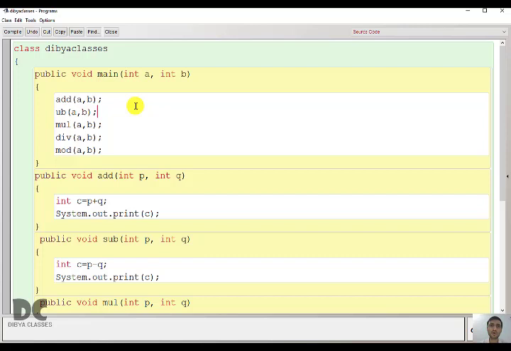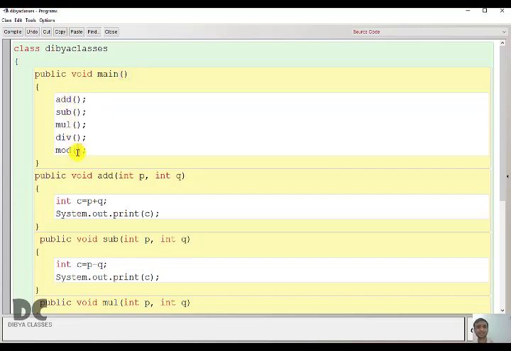So the next concept is call by no value with return. We'll convert this program into call by no value with return. Here the client is not giving any value. So how will you give values to your employees? Obviously, no values means you also cannot give any value. So this is call by no value. You will be calling the function add, the function sub, the function mul, all the functions, but you are not able to give any value. Why? Because you yourself don't have any value. So this is call by no value.